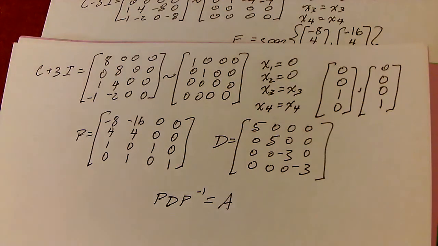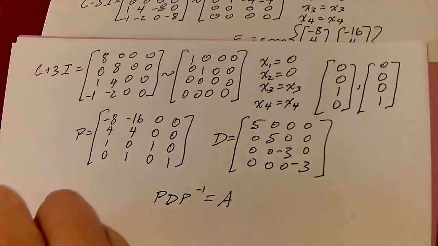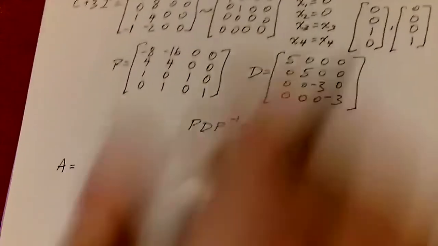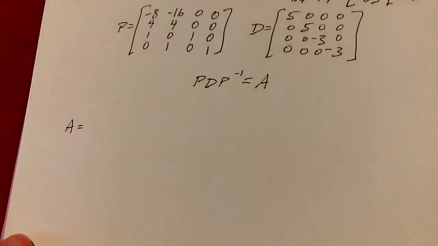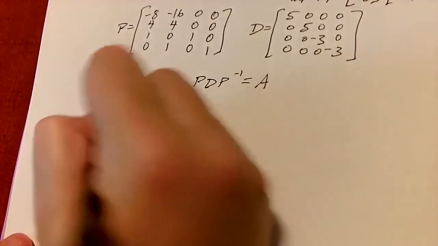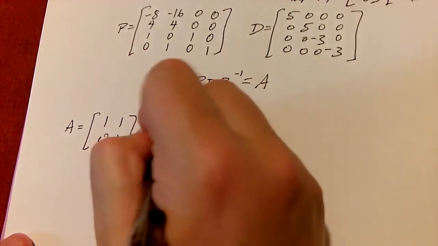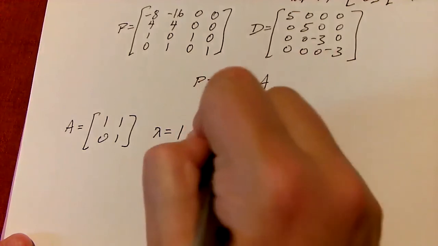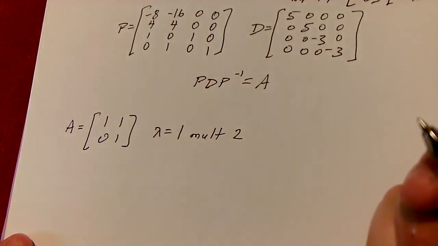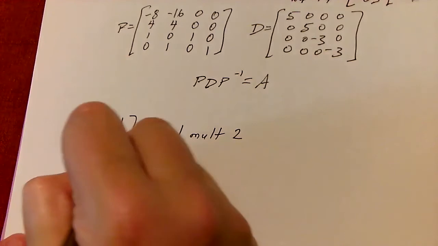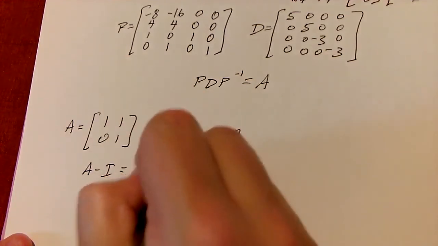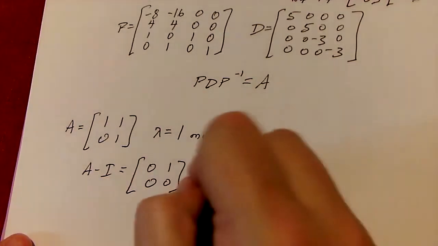Okay, but if you don't have enough eigenvalues or you don't have enough eigenvectors, then you may not have something that is diagonalizable. Okay, so let's look at a simple one here. I'm going to have a matrix A. My matrix A is equal to 1, 1, 0, 1. Okay, it's not diagonalizable, so clearly this has lambda equals 1 with multiplicity 2. Okay, so if I do A minus I, I'm going to get 0, 1, 0, 0, which would mean that